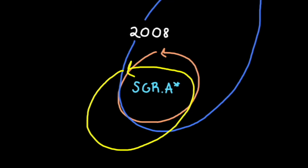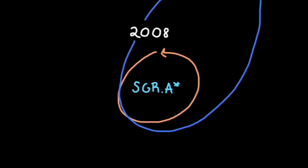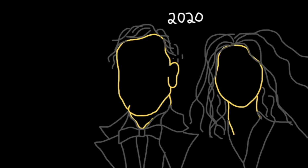Still, it took several more decades before compelling evidence convinced astronomers Sagittarius A star is indeed a black hole. In 2008, the Galactic Center group at UCLA calculated the mass of the radio source at the center of our galaxy by observing the orbits of stars around Sagittarius A star. By observing the orbits, the group was able to determine that the object at the galactic center had a mass of roughly 4 million solar masses. That work was so massively important that it earned both Andrea Ghez and Reinhard Genzel the 2020 Nobel Prize in